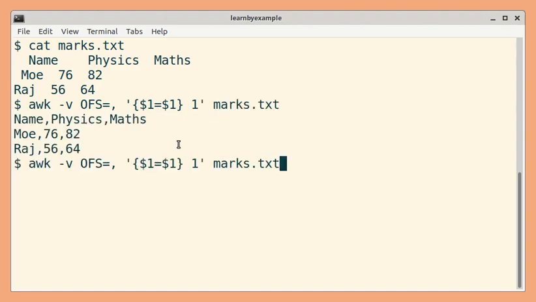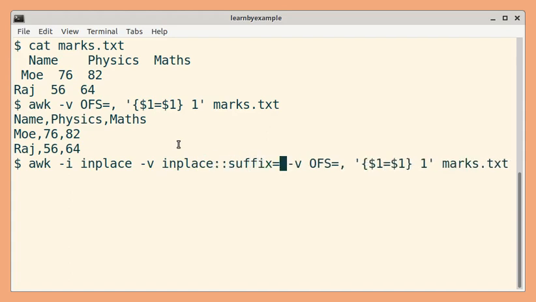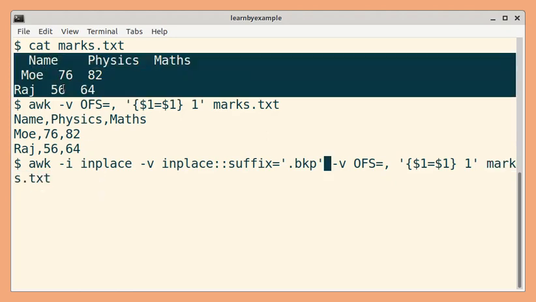Now let's write back the changes to the input file itself. So -i inplace. We also want to create a backup. So we'll set a special variable inplace::suffix, let's say .bkp. So this should write back the changes to the input file and the original contents should